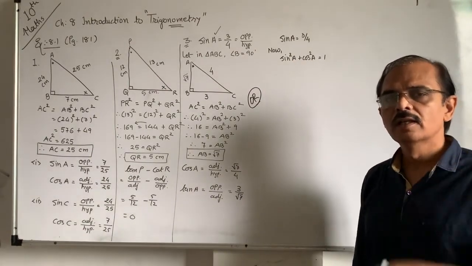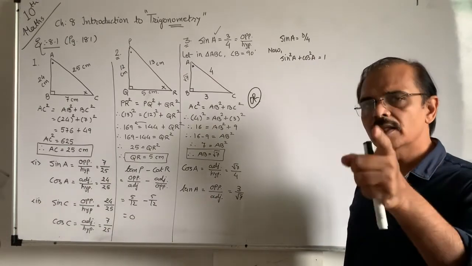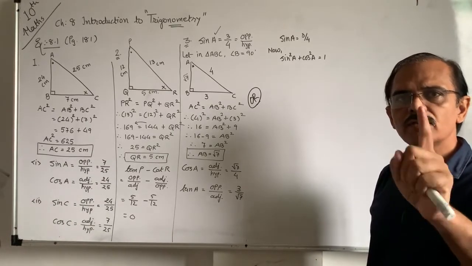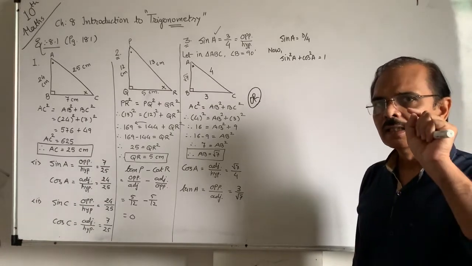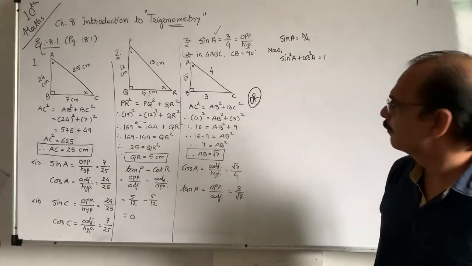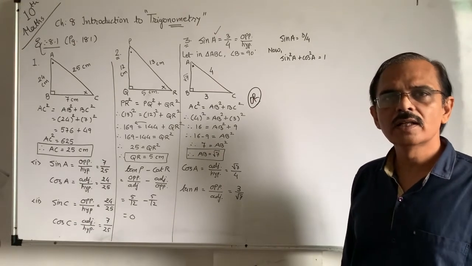Recall this. See the previous video properly, not only one time, but two to three times, and write down all the formulas 5 times. Then and only then you will get all the formulas. You can fix the formulas in your mind. So the identity is what? Sin square A plus cos square A equal to 1.